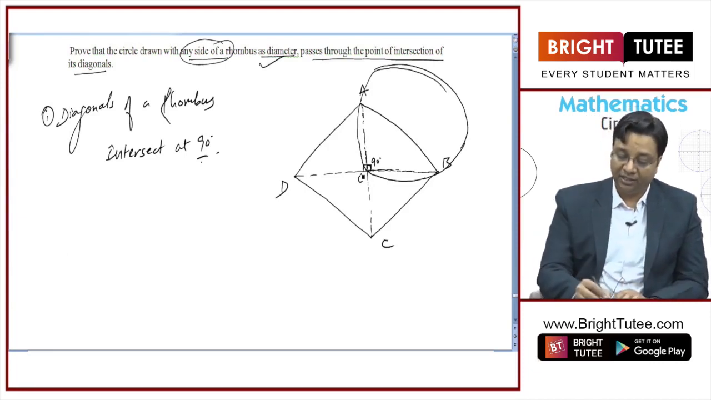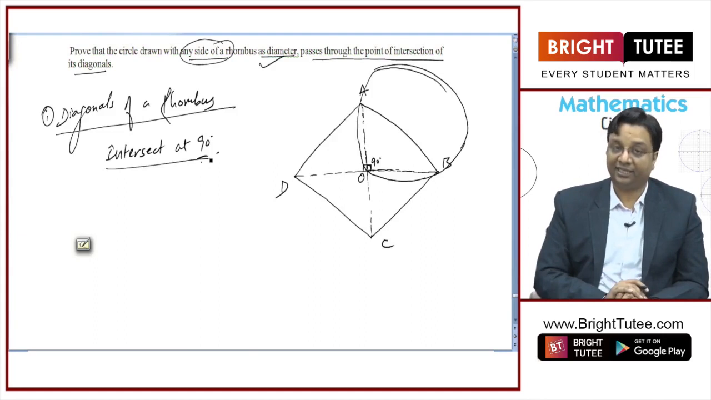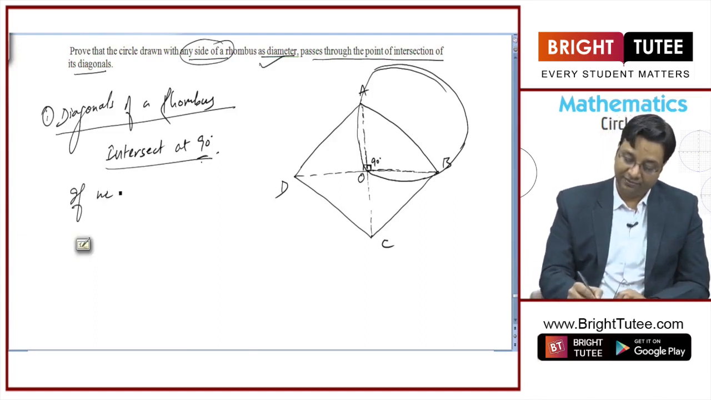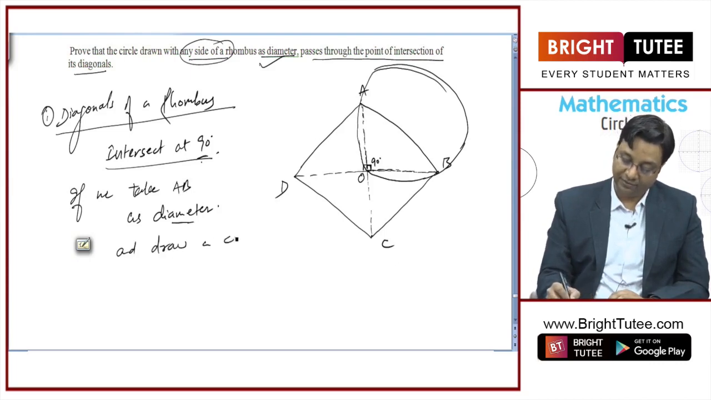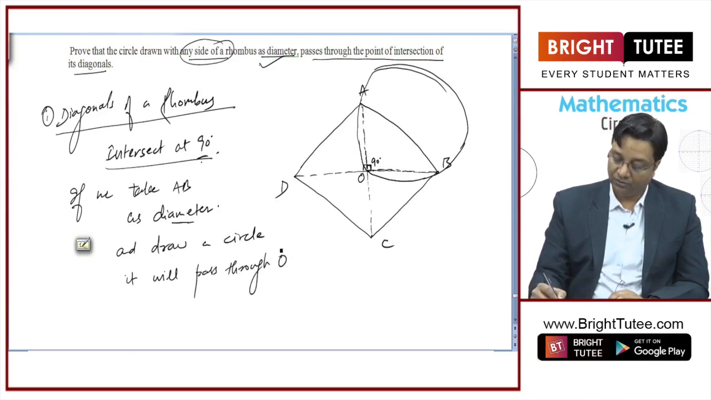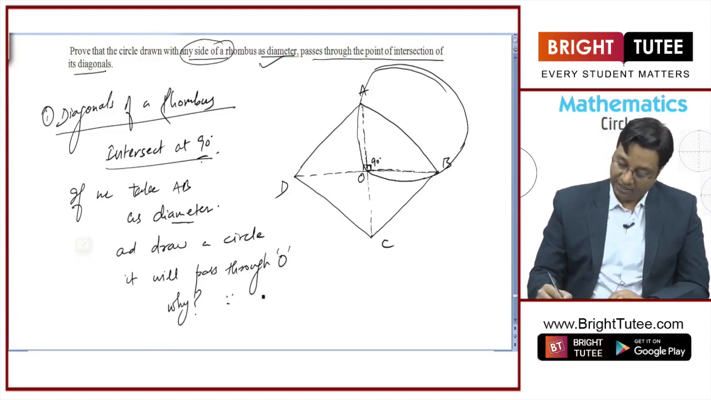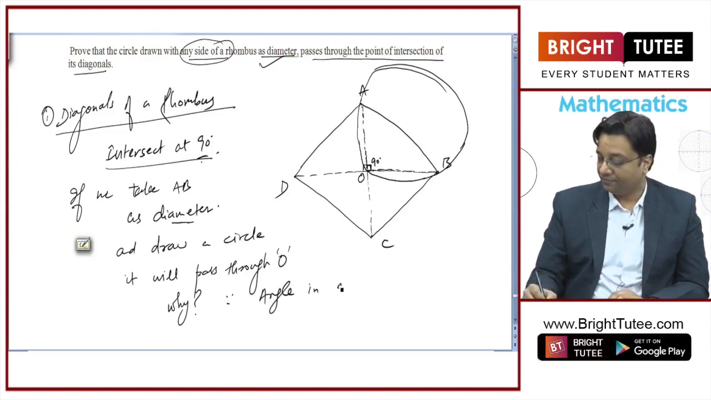So what you can do here is, you can make this statement: diagonals of a rhombus intersect at 90 degrees. If we take any side, let us say AB, as diameter and draw a circle, it will pass through O. Why? Because the angle in a semicircle has to be equal to 90 degrees,